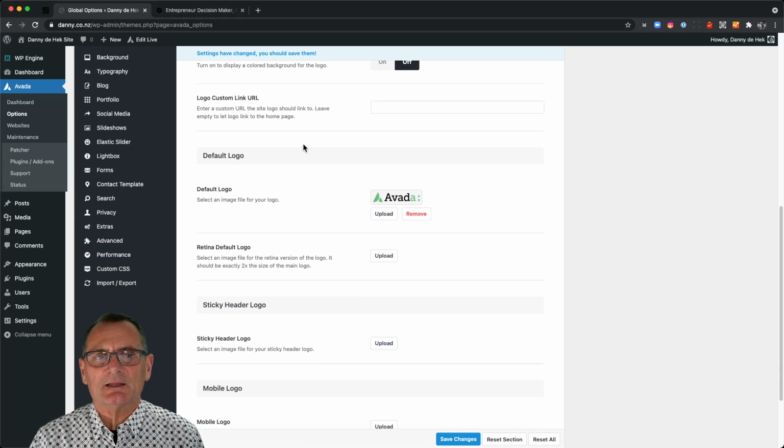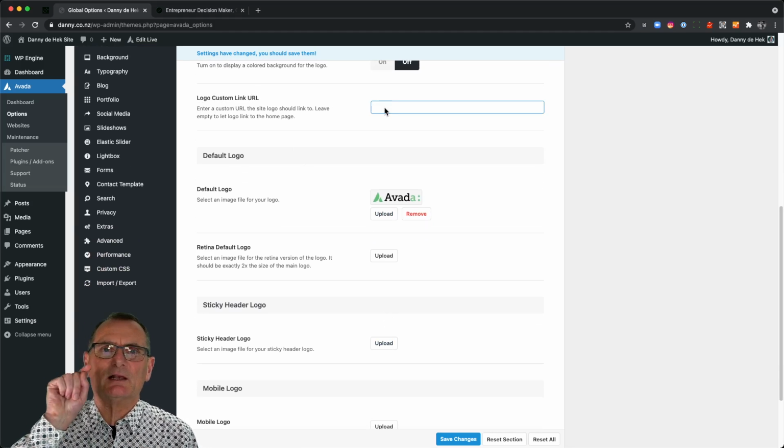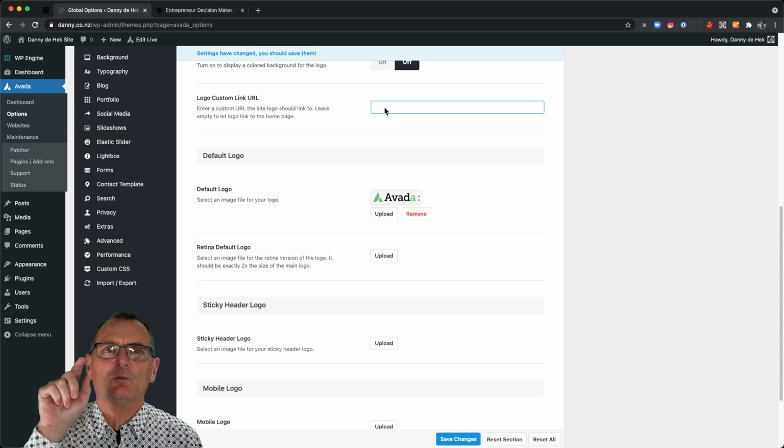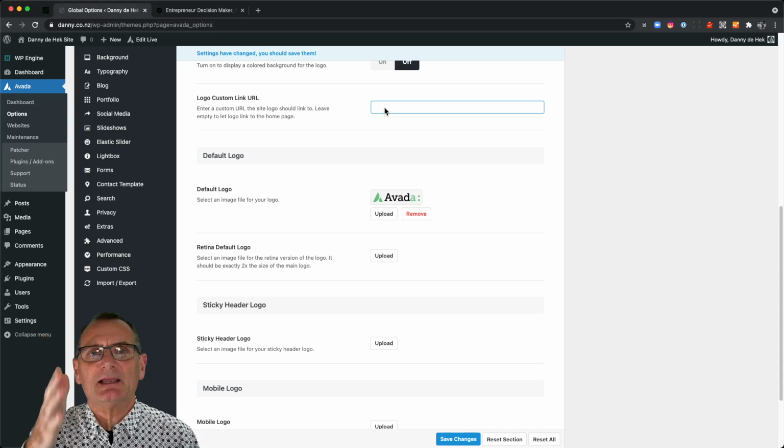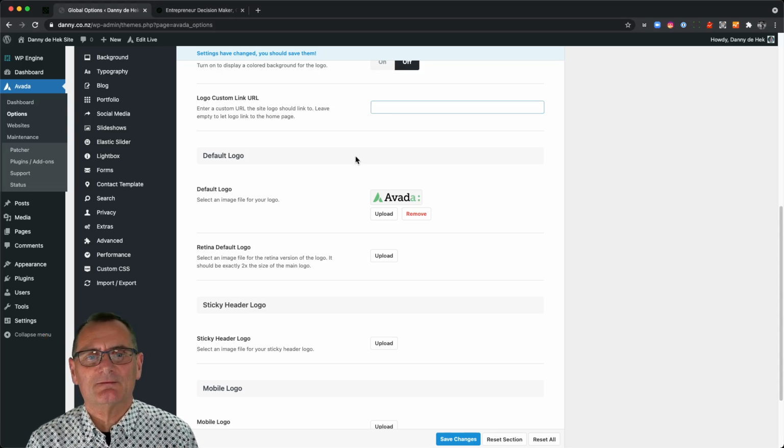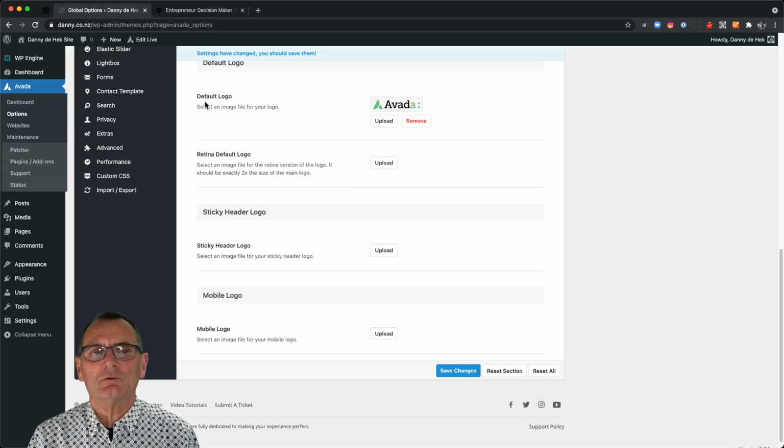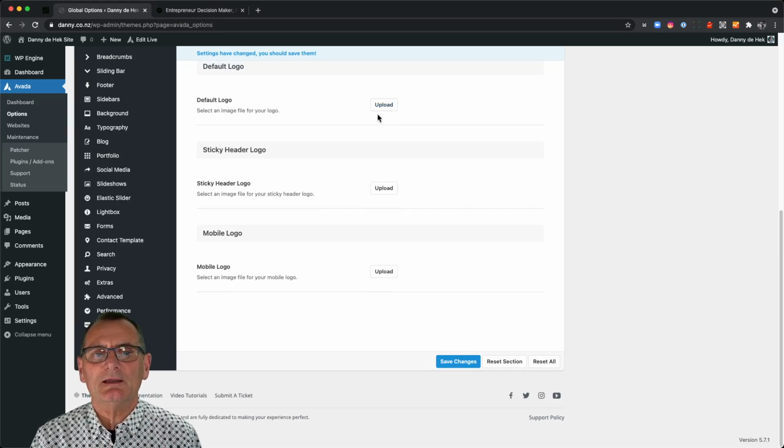And then we're going to come down here. It's got logo customization link. That's if you wanted it, when somebody clicks on your logo, where do you want it to go? Naturally, it will go back to the home page, but in case you want it going back somewhere, that's what that field is for. Right, so your default logo, I'm going to remove the one that they've got there currently,